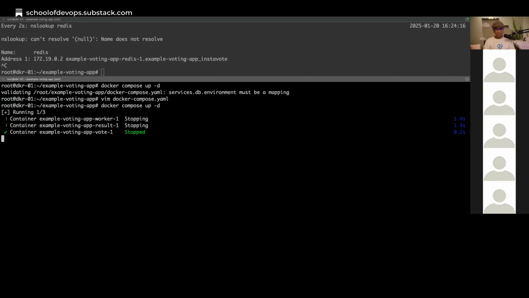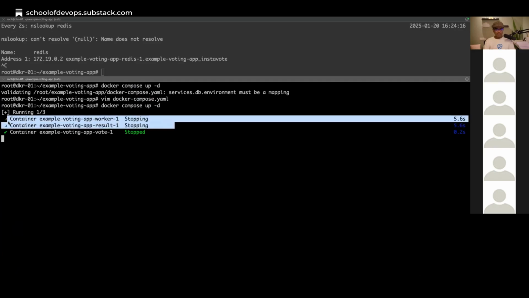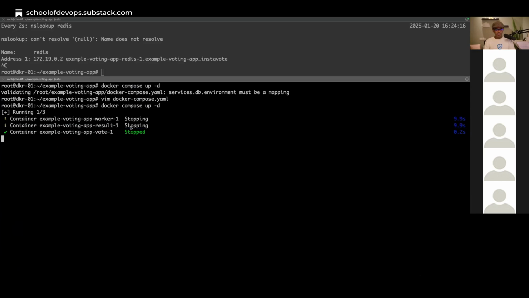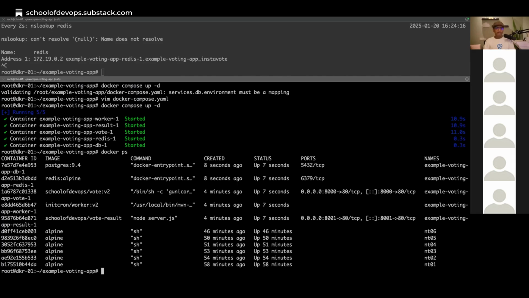After the colon has to be a space. So it is relaunching worker, and worker because of the, I think, the dependency also. It's stopping that and it's launching everything again. So you will have to be ready with these kind of